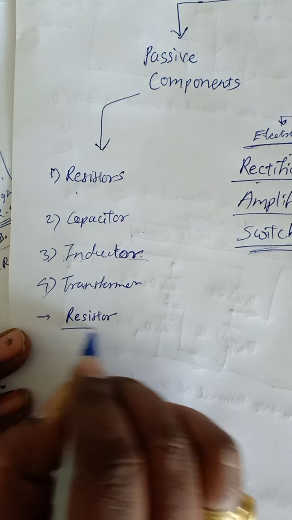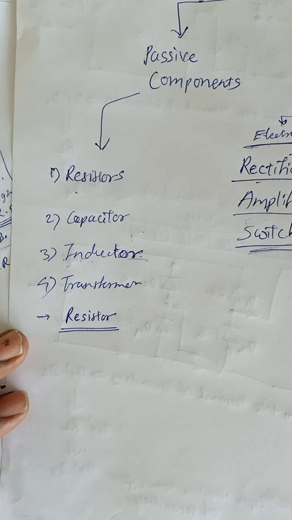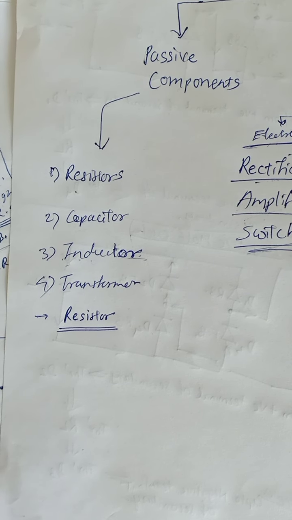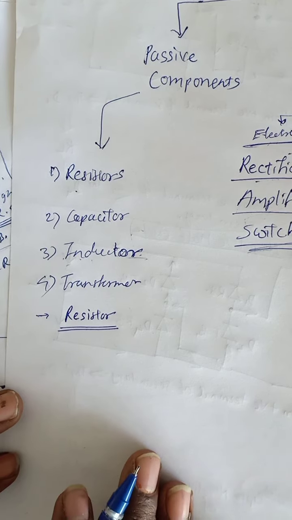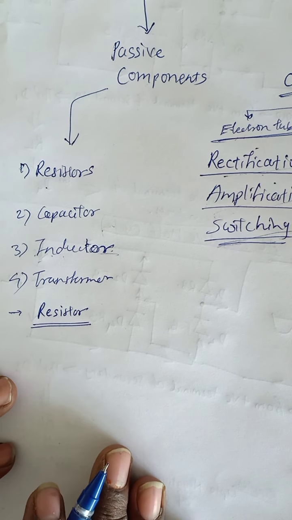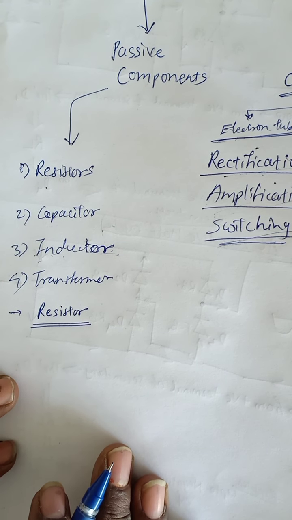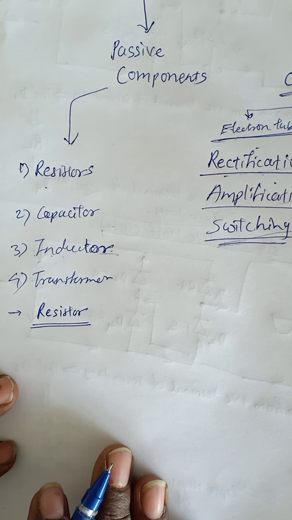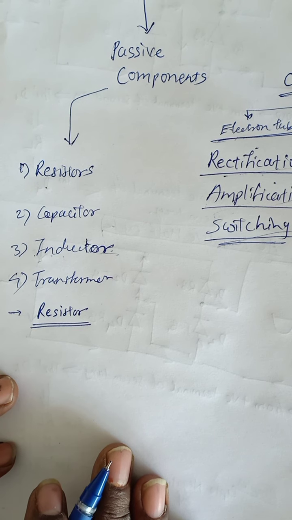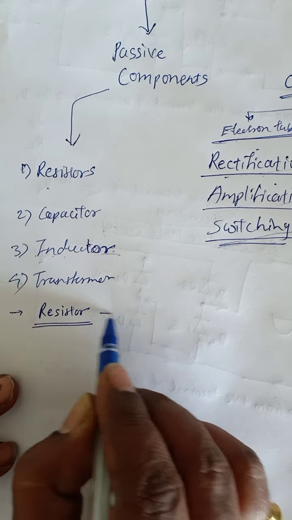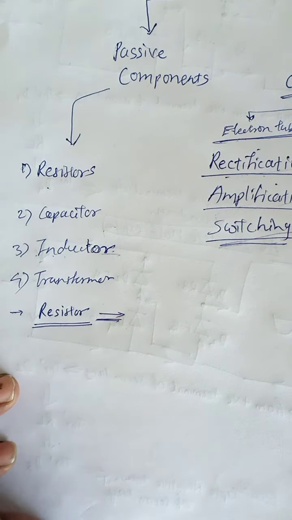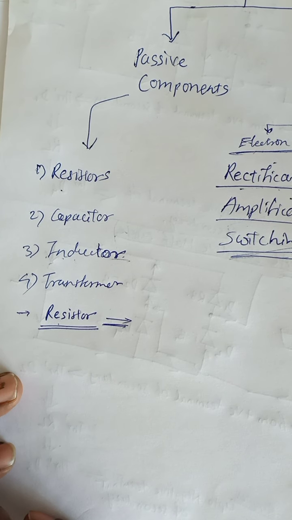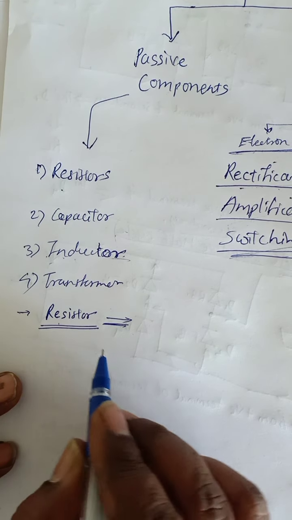R-E-S-I-S-T-O-R, resistor. Okay, so resistor is a component which is used to oppose the current. So this is the main function of resistor. Get that? The resistor is a component which is used to oppose the current, and the symbol of resistor